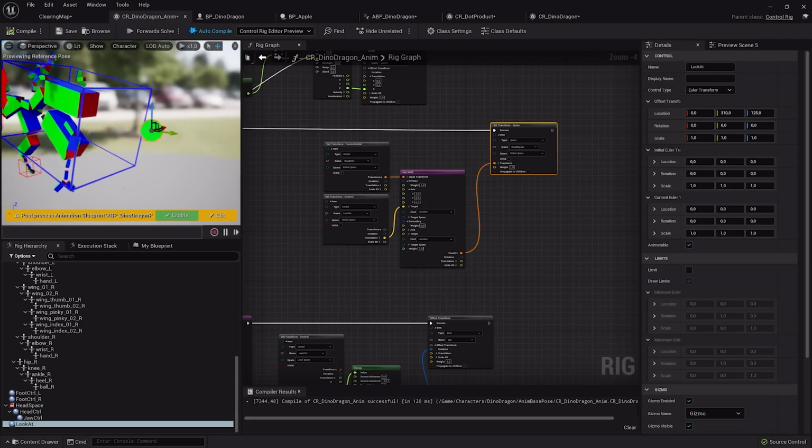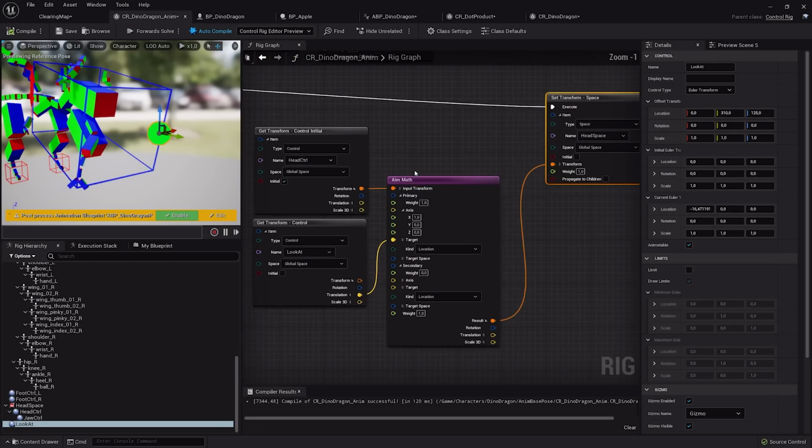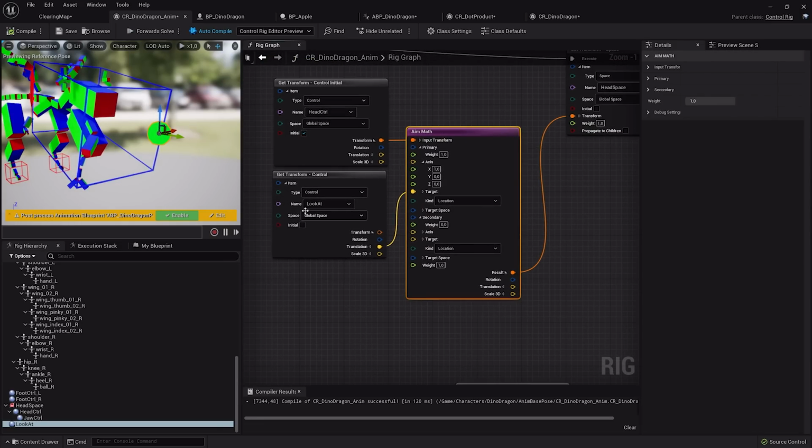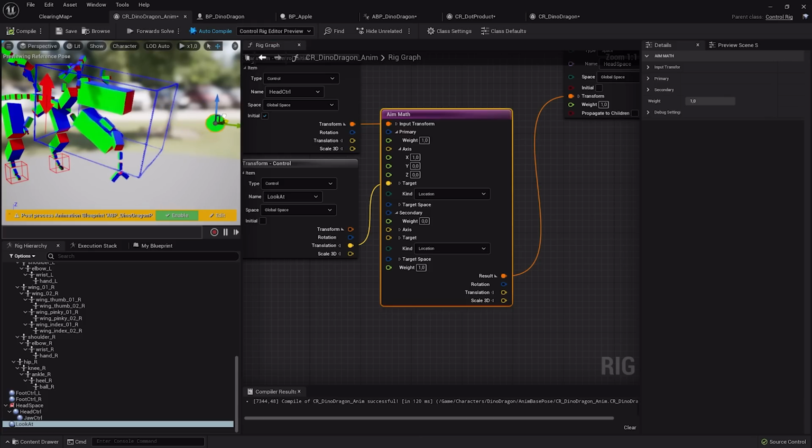So when we want to look at the apple, let's assume this is the apple, and when I move it around, we want to look in this direction, so we can use an aim node. So the location of this we can take as a target, and if you are like me, sometimes having trouble with the aim math, it's a very good trick to first zero out the secondary axis, and then focus on what is the proper axis for your primary one. So once we have that, the rest is a piece of cake.